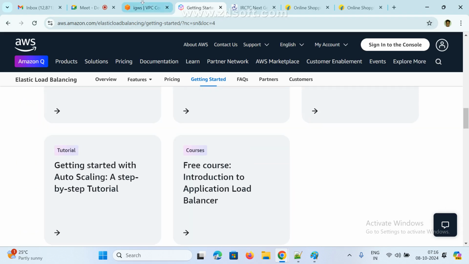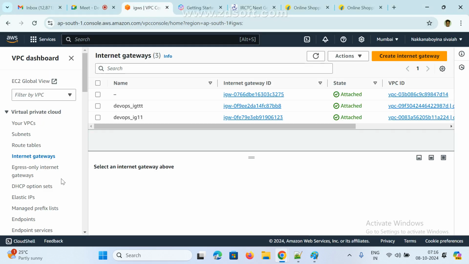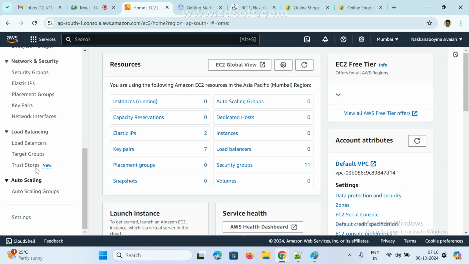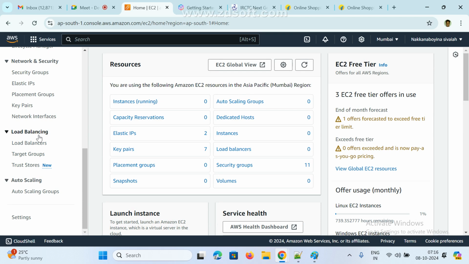Now go to here, so here, right? Now if you go here, click on dashboard. Now if you go down the left side, we can see load balancing. Now how it will work, we'll see practically. Now if you click on load balancing,